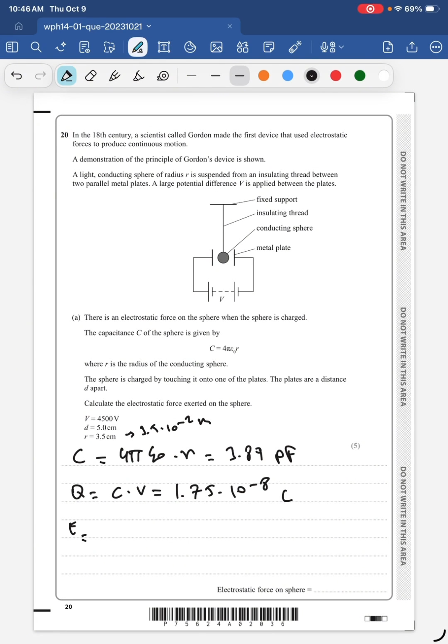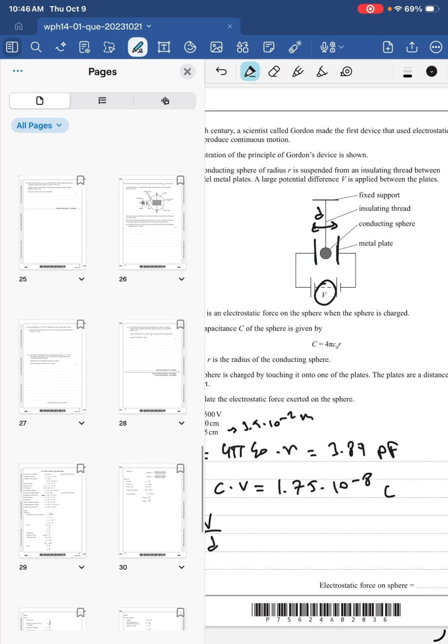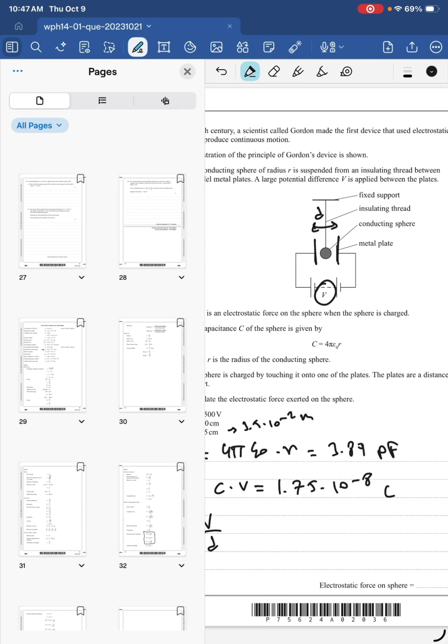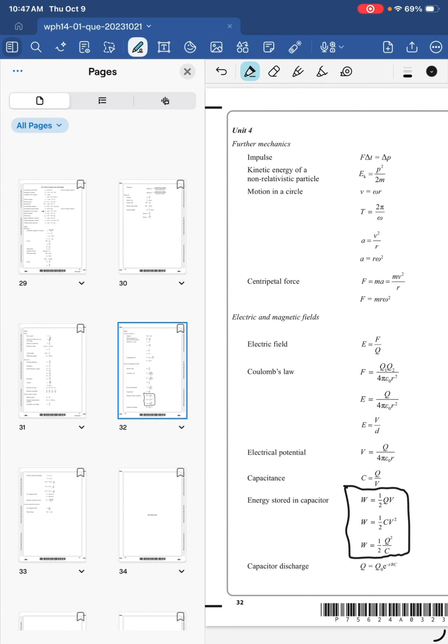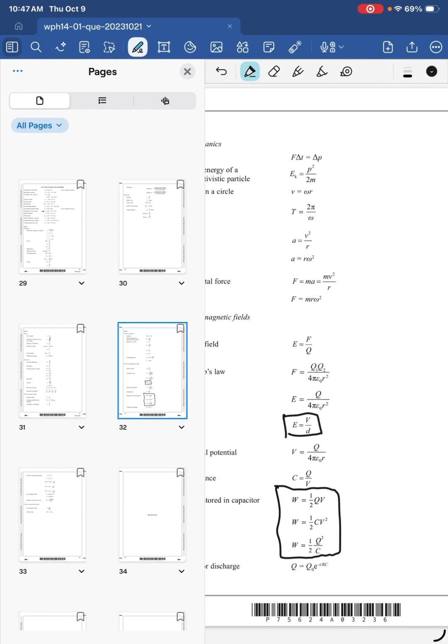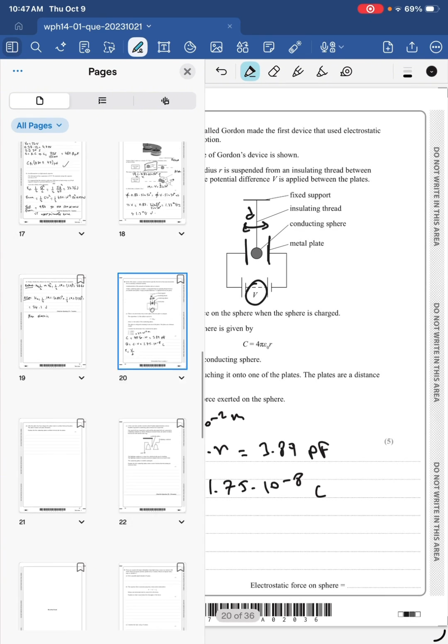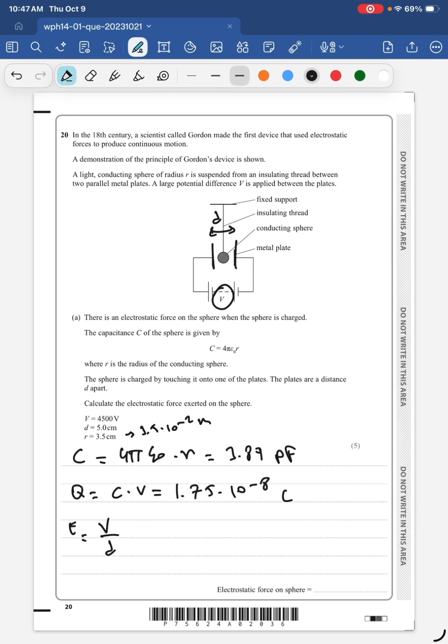Remember that the electric field, this electric field between these two plates, we're given the distance between the plates, okay? And we know the voltage, so we can use V over D, which is also in the back of your paper, I'm pretty sure. But let's verify the claim again. This one, okay? This only applies to parallel plates, guys, okay? Don't get confused. That formula is only used for parallel plates. Okay, let's go back to the problem over here. So we can calculate the electric field as 90,000 volts,